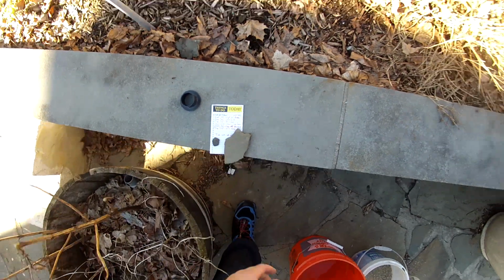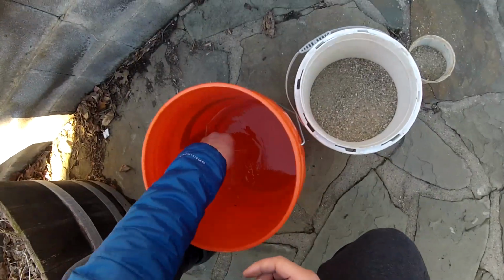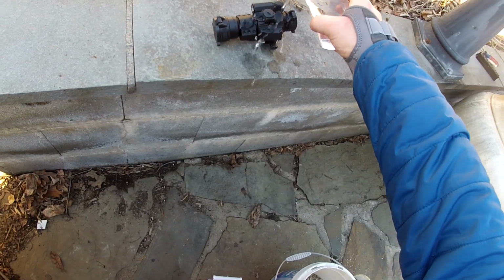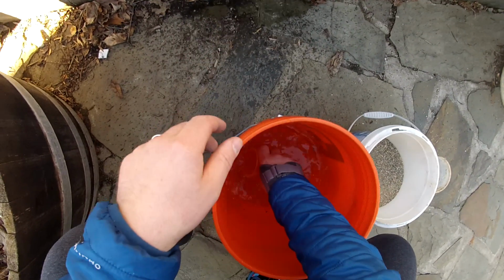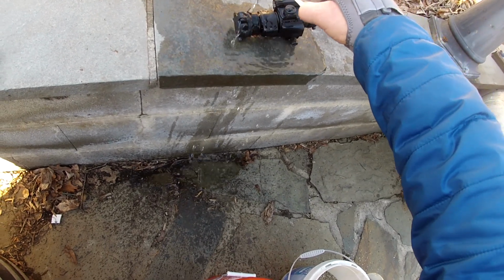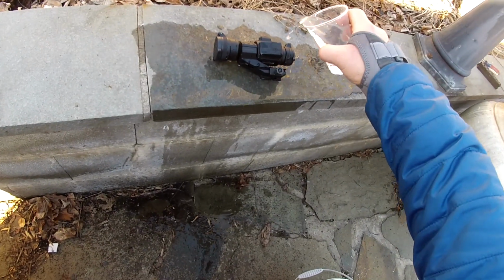So I'm going to leave my list over here in case I forget what's going on. And first things first, we're going to just do a quick water test. This is pretending it's raining outside or something like that, or you accidentally drop your water bottle on it inside your range bag. It's getting wet, sure, but it's not really getting into all the seals that you might think about. And for good measure, I'm going to make sure I really get that control portion because